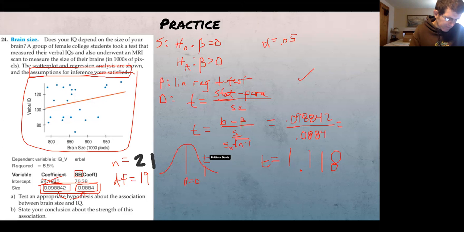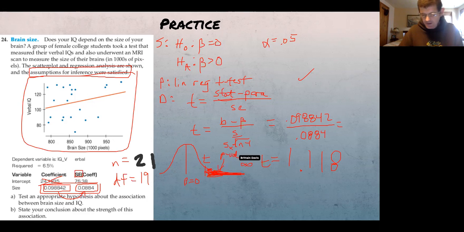We want to figure out what's the probability of getting that value or more extreme, and we're only doing a one-tailed test. But let's just roll with that for now. So 1.118 is our lower bound, up to positive infinity is the upper bound, and we got 19 degrees of freedom. So I can figure out this p-value right here,